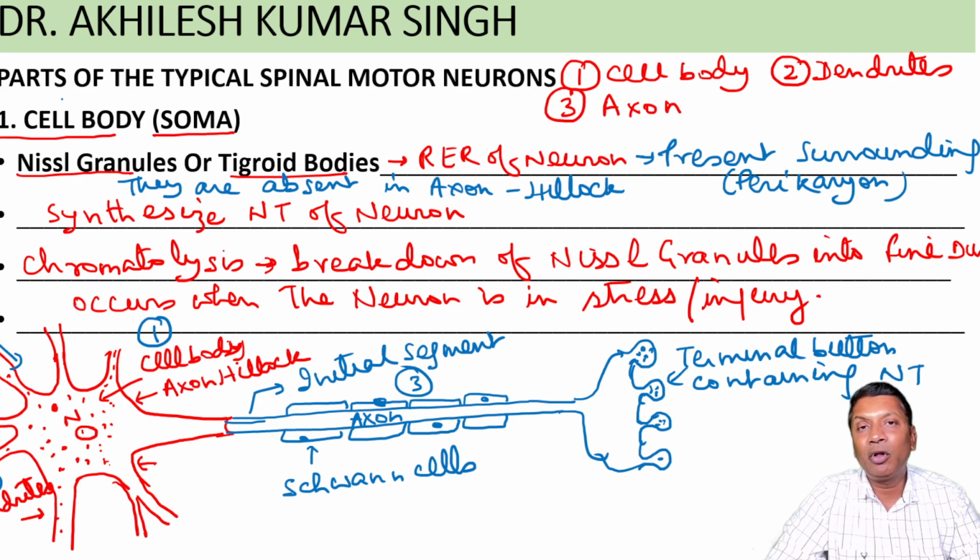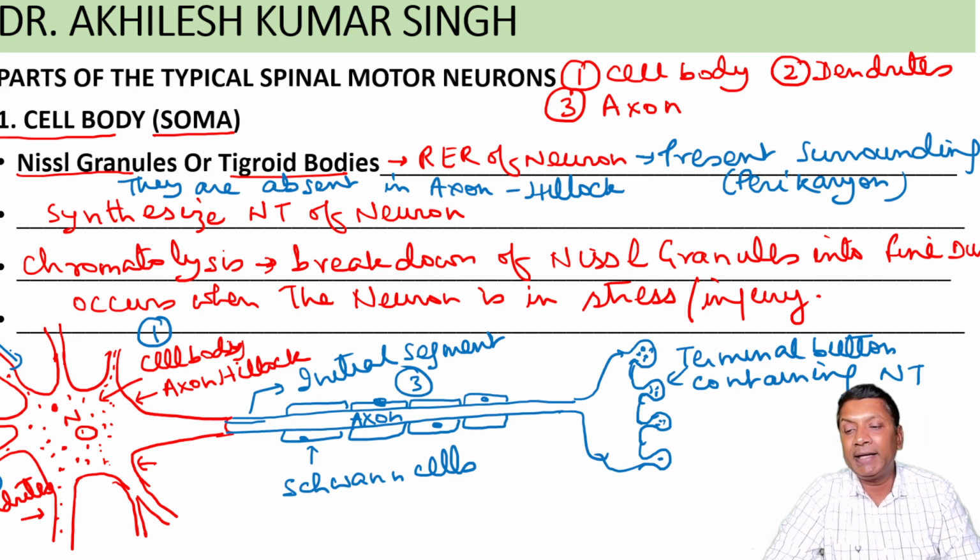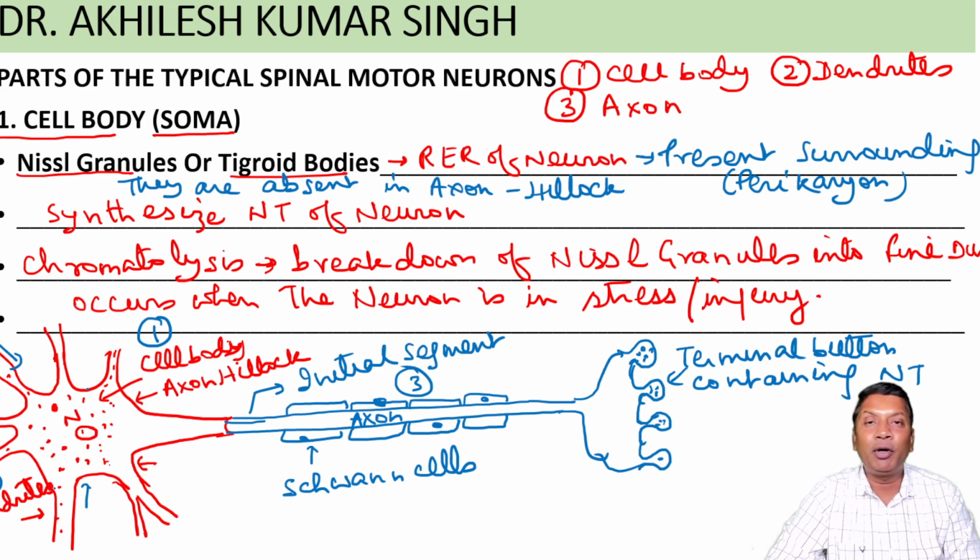The dendrite of one neuron will receive the information from the other neuron, and it will send this impulse towards the cell body. This is the first importance of the dendrite. The second importance is that dendrites are the site of generation of electrical activity in the neuron. The third is that they have Nissl granules in them, so they can synthesize proteins, and these proteins play a role in learning and memory.